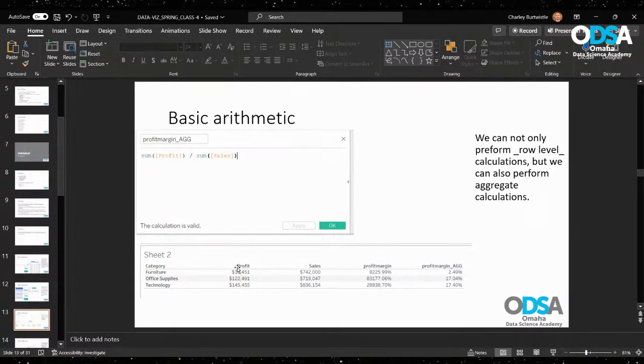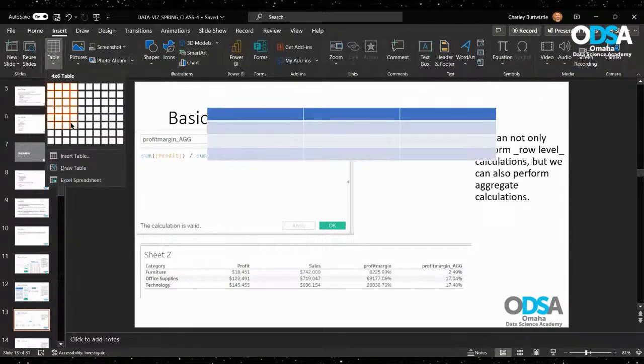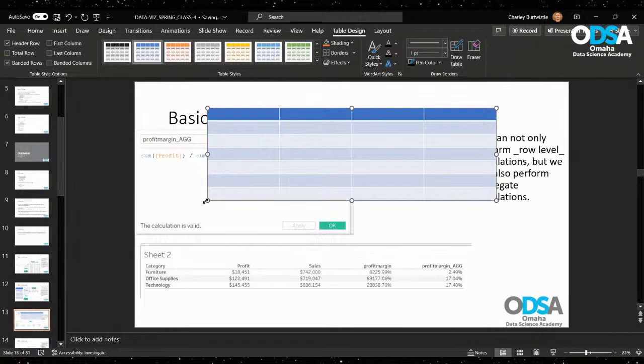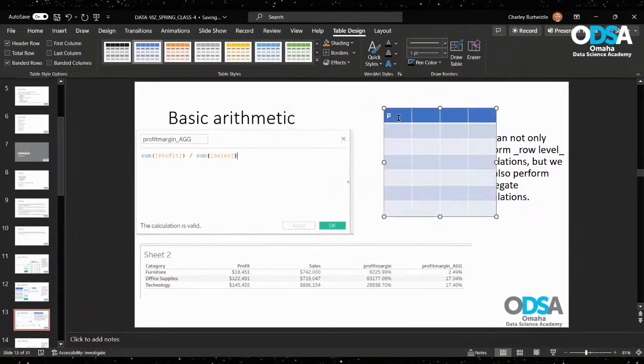So now we have sum of profit, right, which is this 18,000. We have sum of sales. Originally, we were adding up the sum of the row level profit margins, which is not what we want to do. Now we're saying, whoops, one too many columns, but that's all right. Profits, sales, and spend 2. Now we're saying instead of do the sum of our just profit divided by sales, profit margin, sum that up,